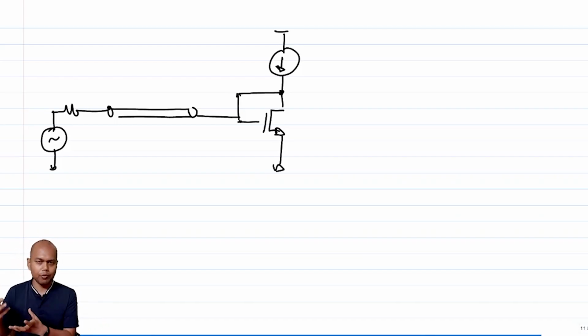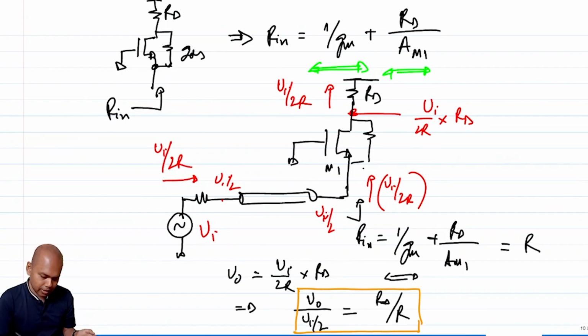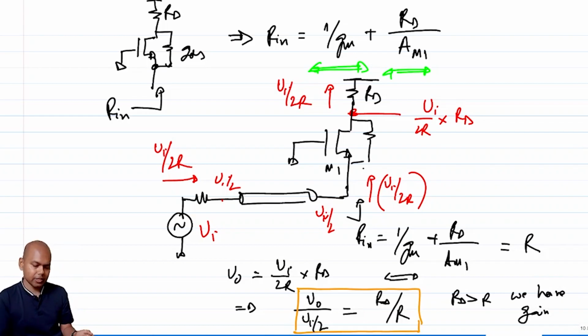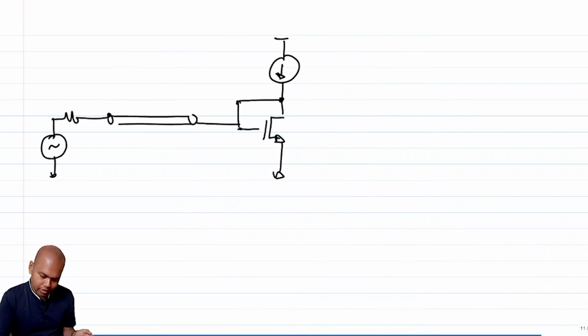If I am trying to make an amplifier, I would like to get a gain out of it. In the previous two configurations, we are getting a gain. In the common drain configuration, if Rd is greater than R, then we have gain. And in the previous configuration, if Gm times Rd was greater than 1, then we had gain. So similarly, here also we would like to have gain. So how do you get gain out of this configuration? Clearly, this is not enough. But if you recall,